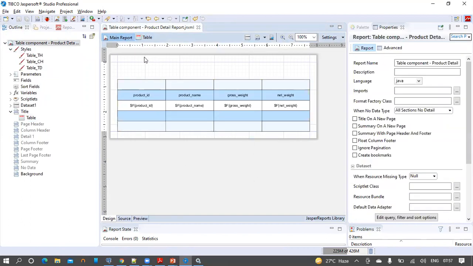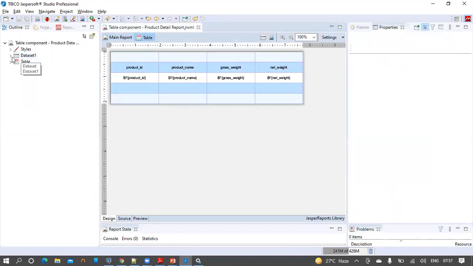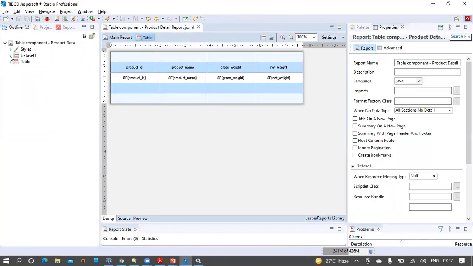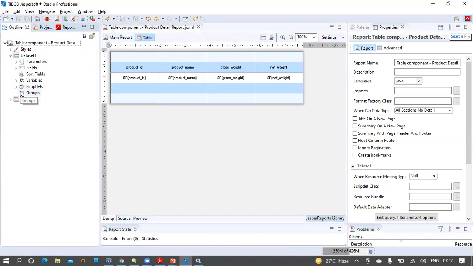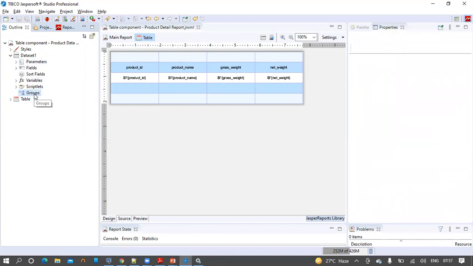Okay, let's be in the outline view of the table component and expand this data set one. And the bottom property here is groups. Right click on this one, then click on create group option. A group is created with no field taken by default.